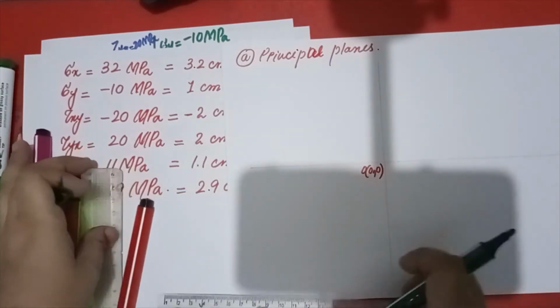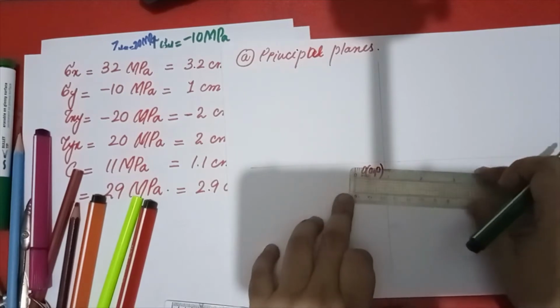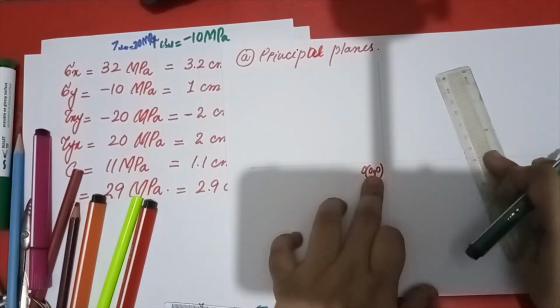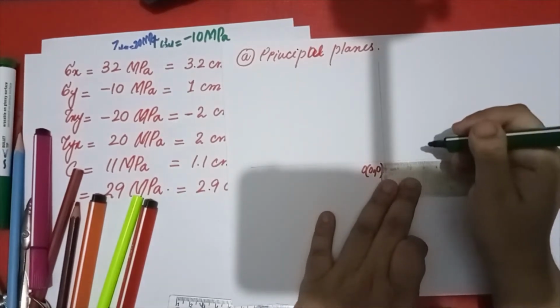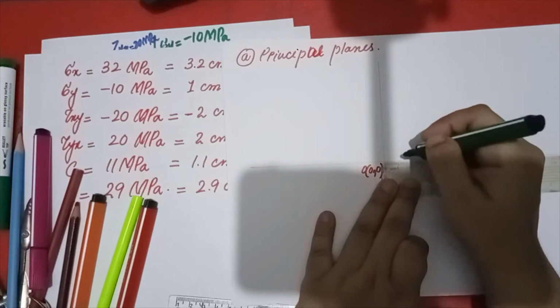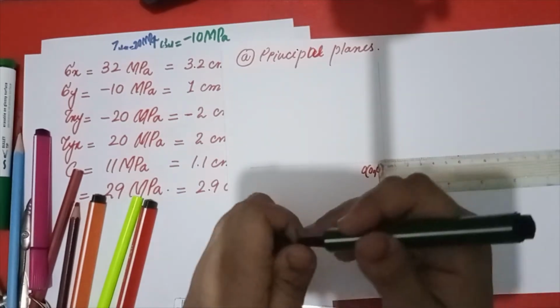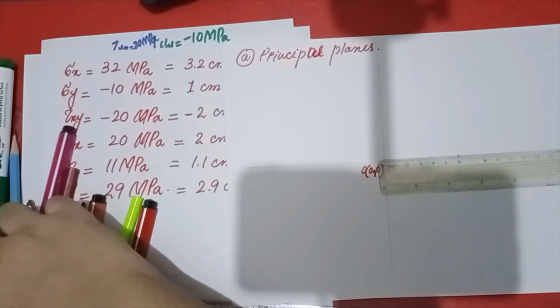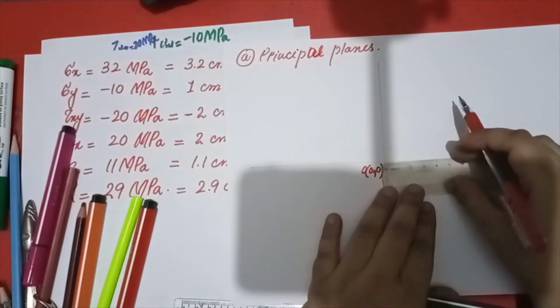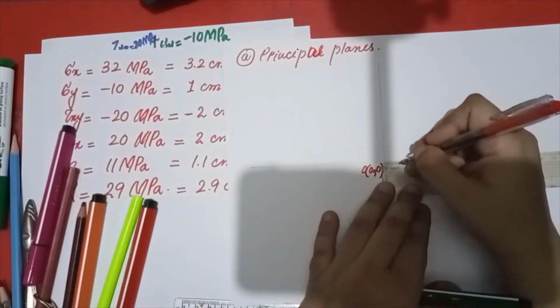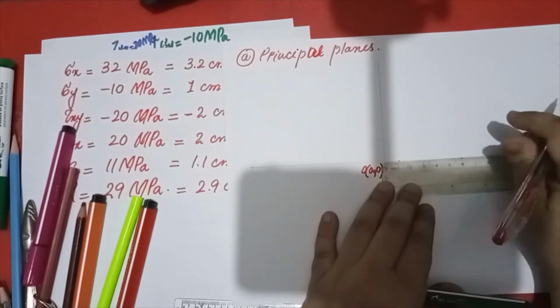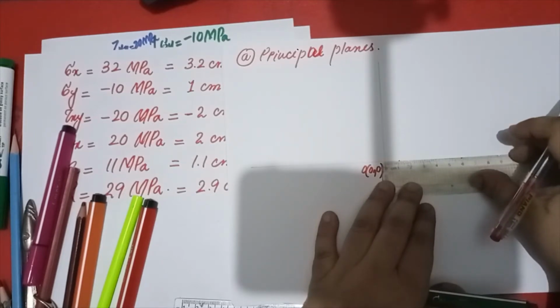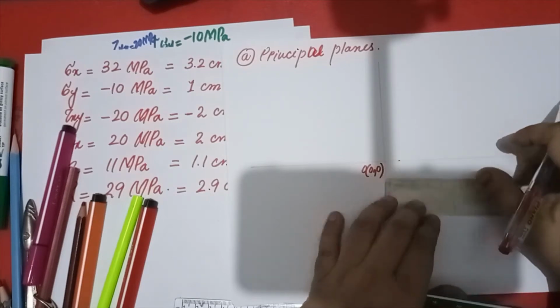First, for example, I have to draw 1.1 centimeter. How can I take it? C is 1.1 centimeter. So let me mark it with pencil, and then I will draw it. 1.1 centimeter, this is C. And the next thing is the radius. So I will take it after that.